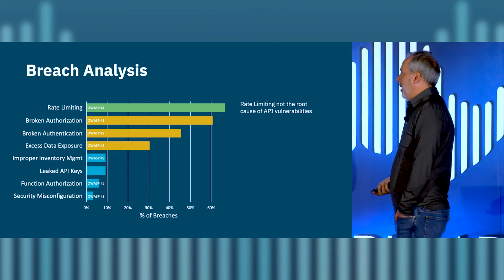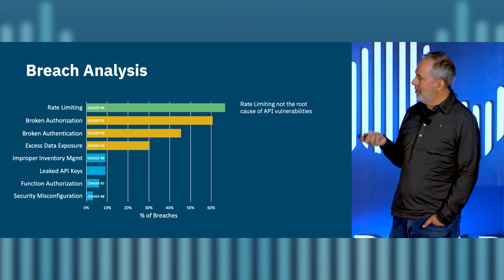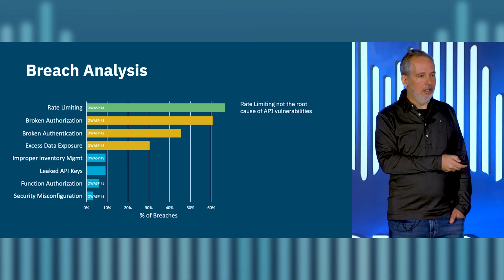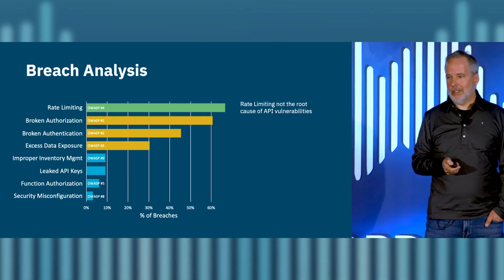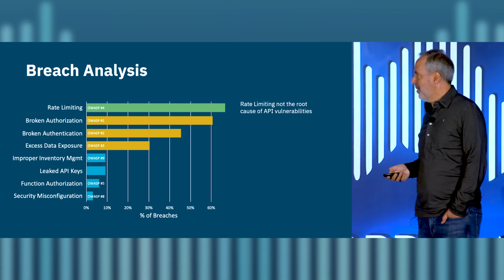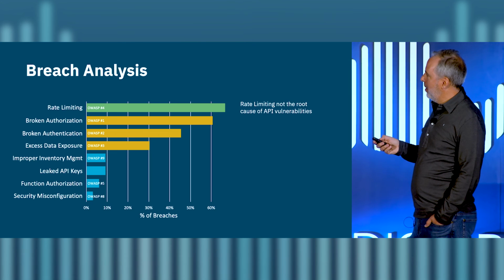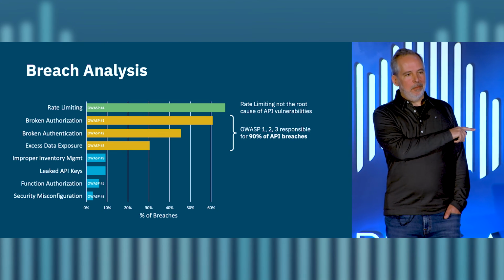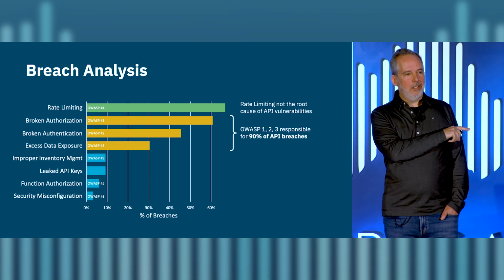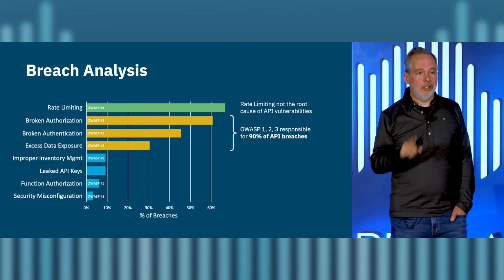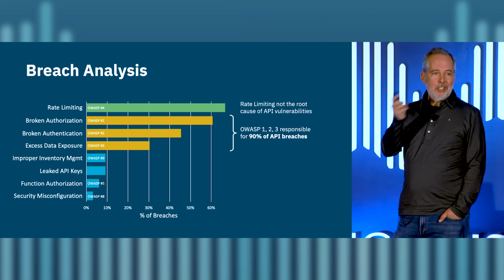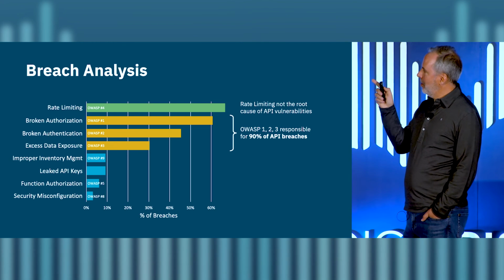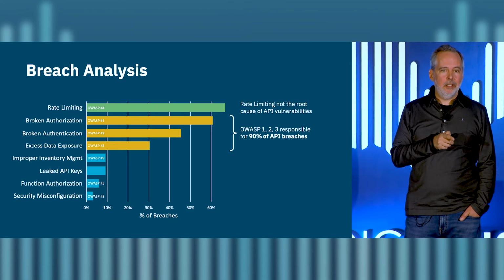So, all right, if you accept that, then what we found is these next three, which not coincidentally map exactly to OWASP 1, 2, and 3, right? So really, support the OWASP and their findings. These accounted for 90% of the breaches on the prior slide. And I do think that's the last animation, so if you want to take a picture, take it now. Or if you want a copy of the slides, email me. 90% came from one or more of these three things.